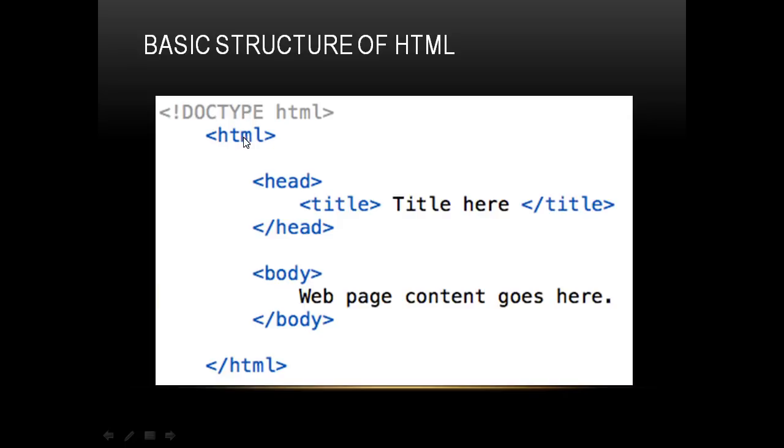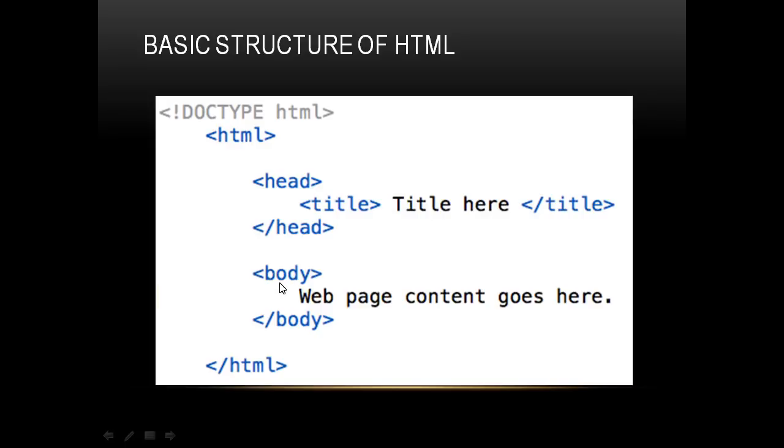Next tag is HTML. HTML indicates the beginning of our web page. Then we'll have head section. Head contains title part. Title tag contains the title of the web page. Whatever we will type inside title and /title will be displayed on title bar of the browser window.